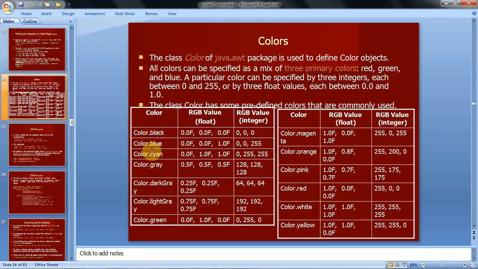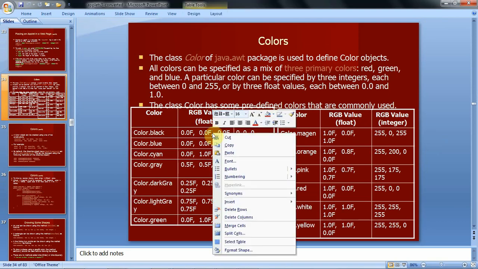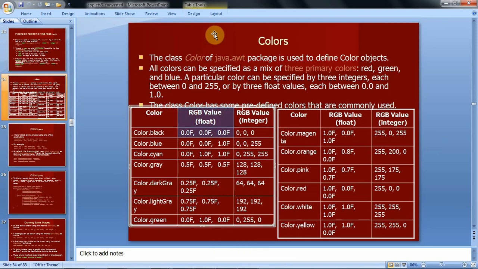Like that, in the Color class, any color is created with three color values. Those are red, green, blue.